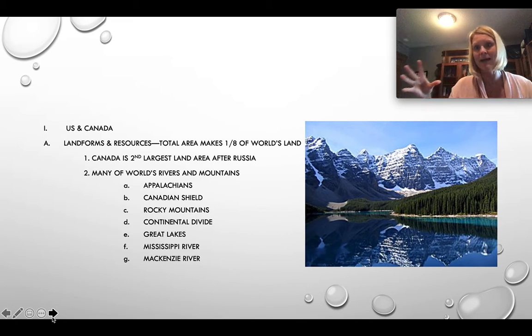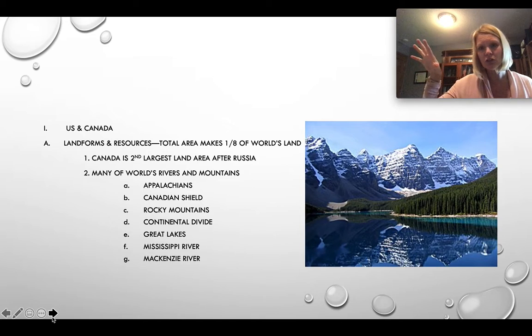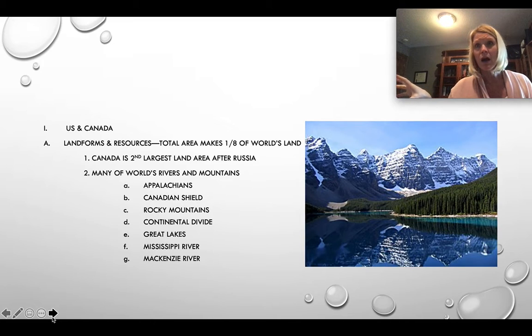The Canadian Shield is massive, something like 80 million square miles or some huge amount. And the Canadian Shield is just the rocky type of rock that was left over after a period of weathering. We're talking millions and millions of years, but usually because of glaciers and ice left behind.